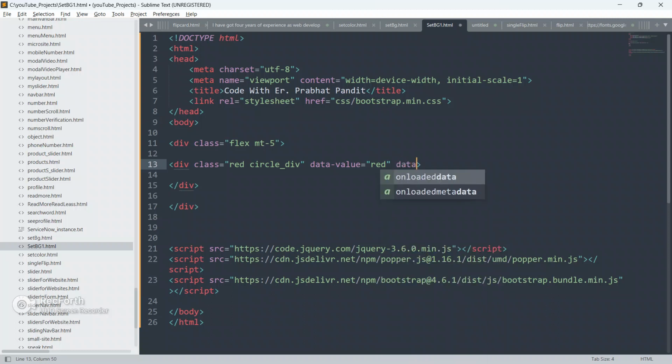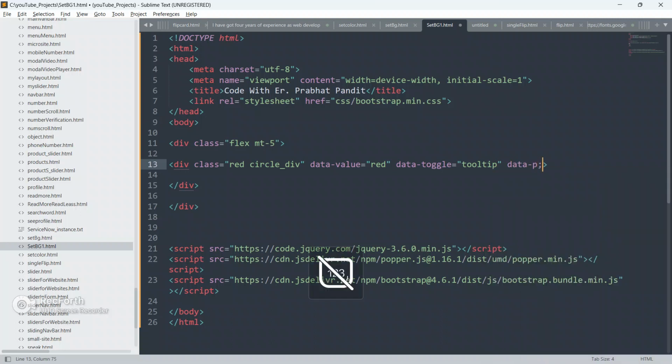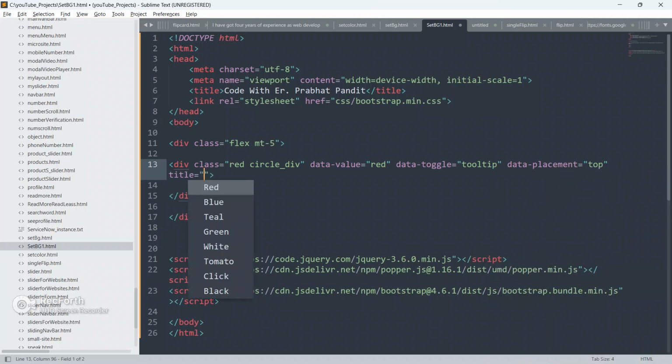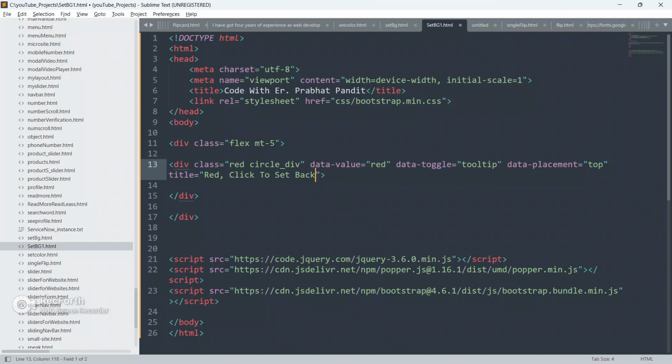So give data toggle as tooltip, give data placement top, give title as red, click to set background color.